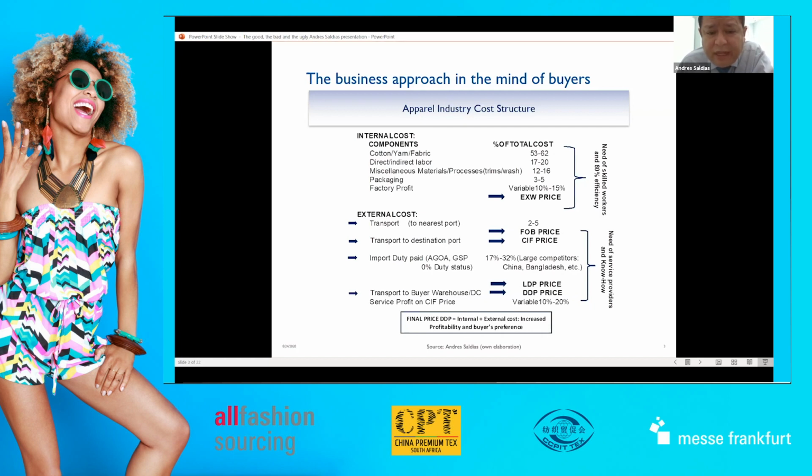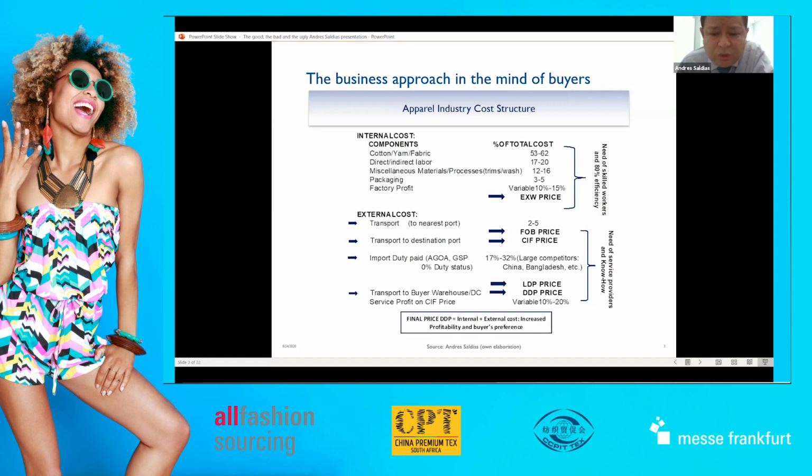And then finally, AGOA comes into play. That is going to be how much I'm going to be saving against my competitors. In other terms, if China was going to ship a polyester shirt, it will pay 32%, while under AGOA, it will pay 0, no duty. You know, so that's where the real deal comes about AGOA. That's where the competitive end price cost comes into play from a business standpoint.